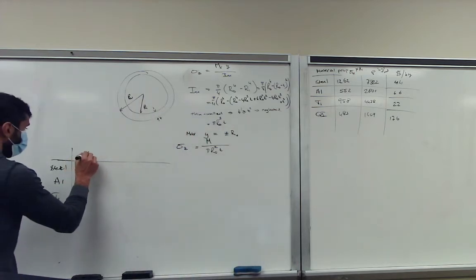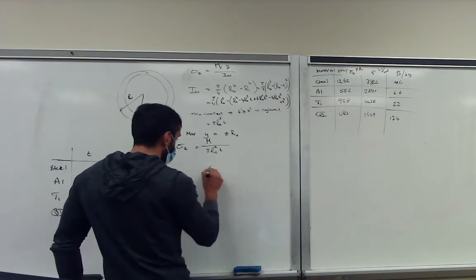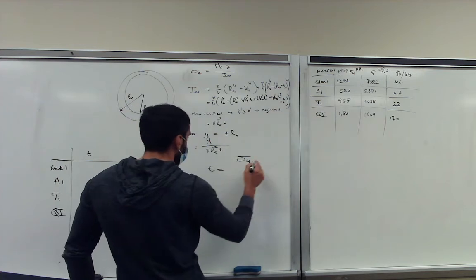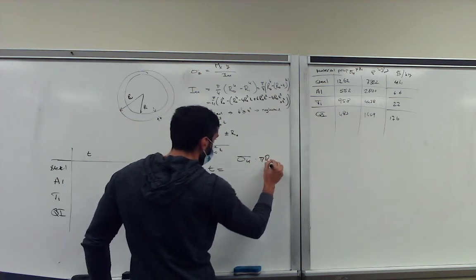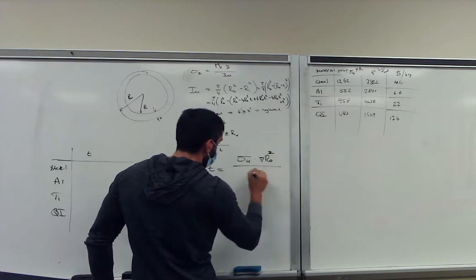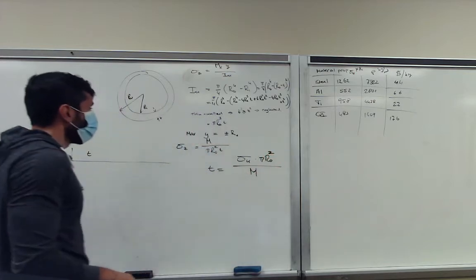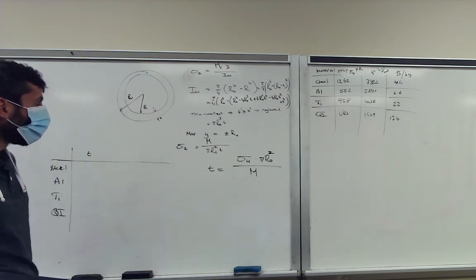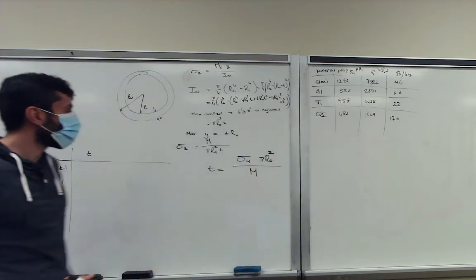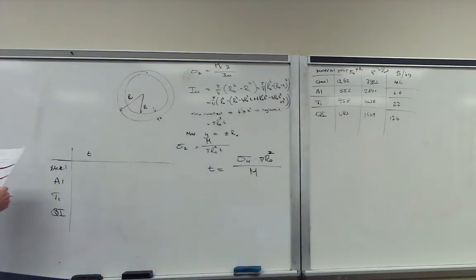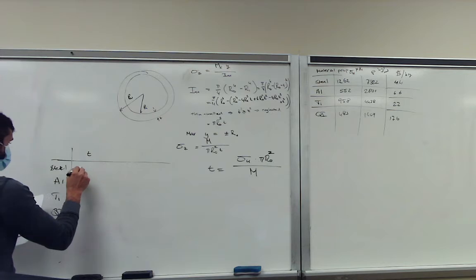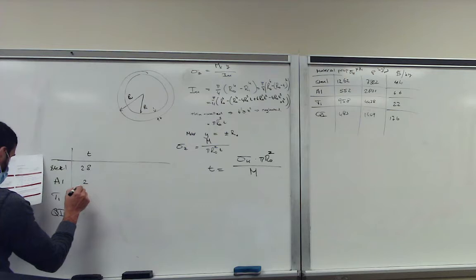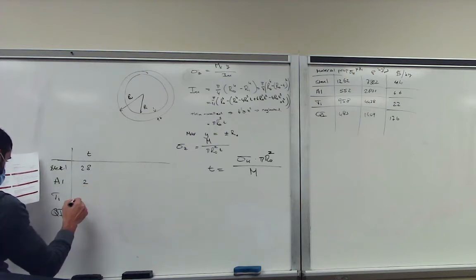So if you want the thickness, we can rewrite this. This will be sigma ultimate for the given materials multiplied by pi r_o divided over the moment. Say in this case your radius will be given, your moment will be given, you know your ultimate, so you can determine the thickness required for each material. So you get 2.8, 2 here,